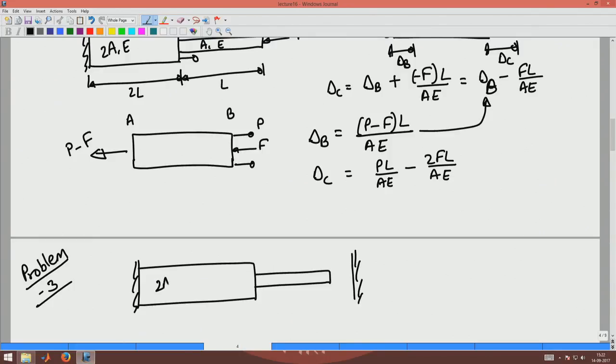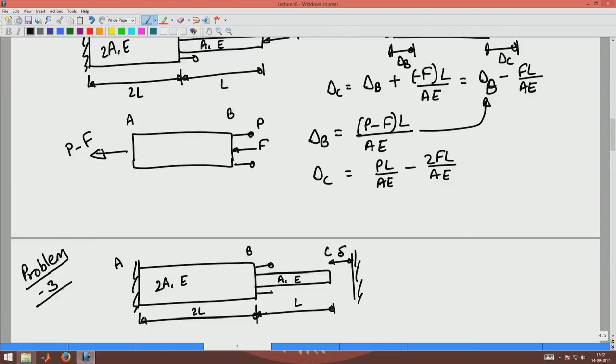This has area 2A, E, A, E, and let us say this distance is delta and this length is as before 2L and this distance is L and this is A, B and C,